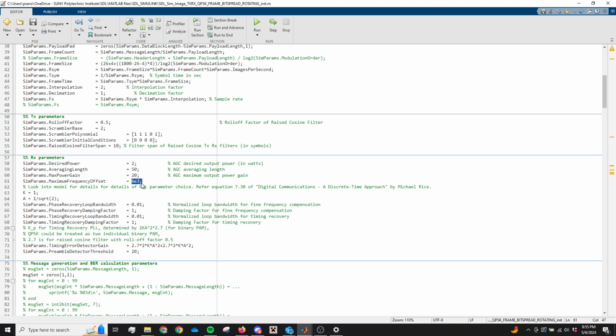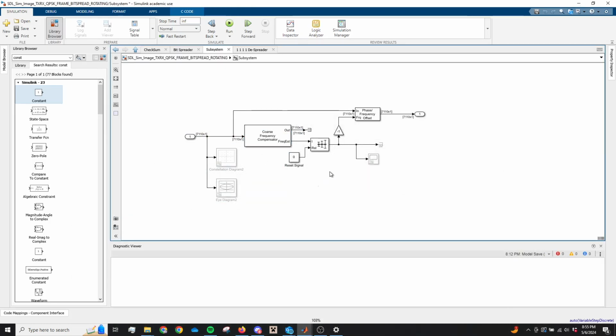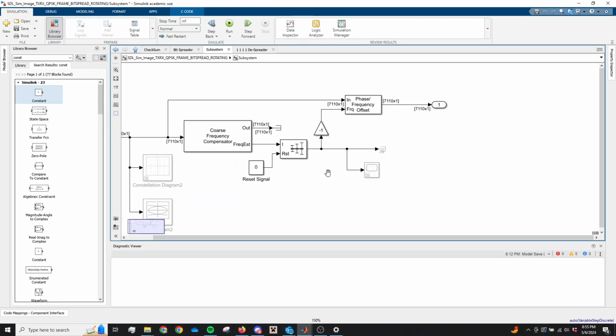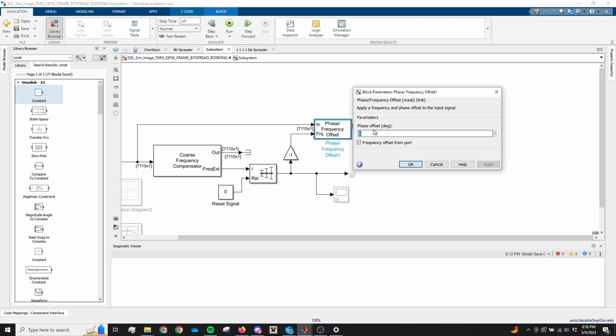And that's hard-coded, no calculations. The frequency estimation is sent through a running average, and it's flipped to the negative, and it's sent to the phase/frequency offset block,